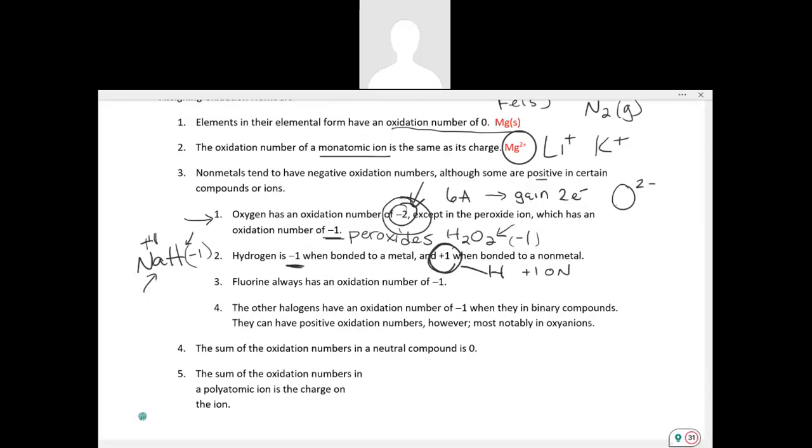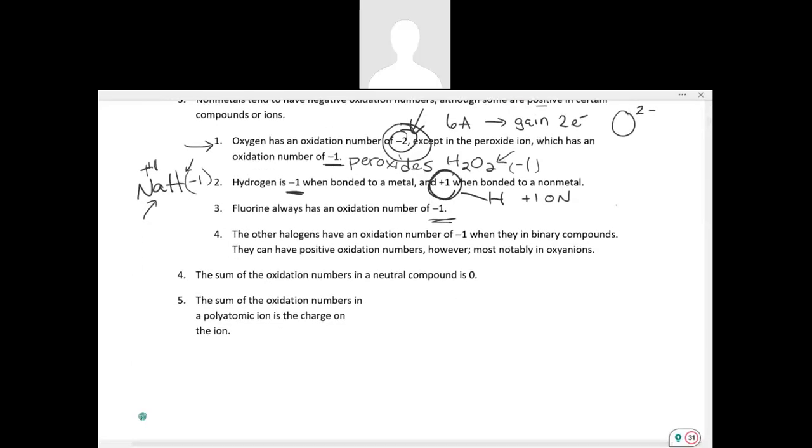We're going to see fluorine always has an oxidation number of -1. The other halogens may too when they're in binary compounds, so we'll see chloride in the case of HCl, that's a binary compound. And in other scenarios where we have bromide or iodide only bound to one other element, they all have a -1 oxidation number. But at times, say we have an oxyanion, for example ClO2 negative here,